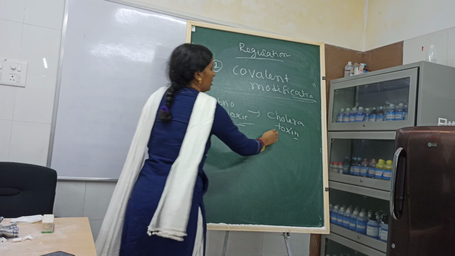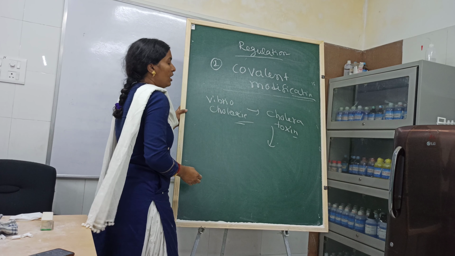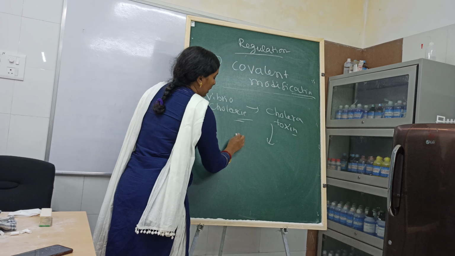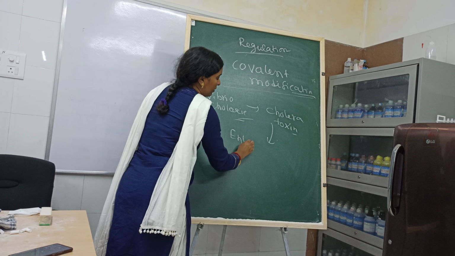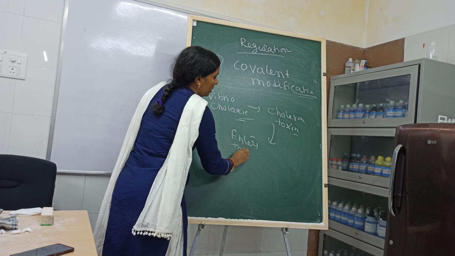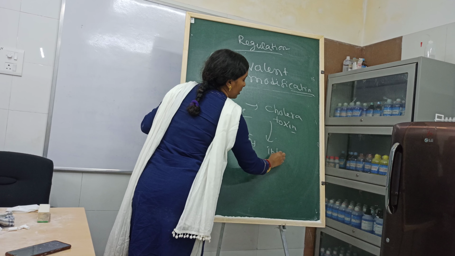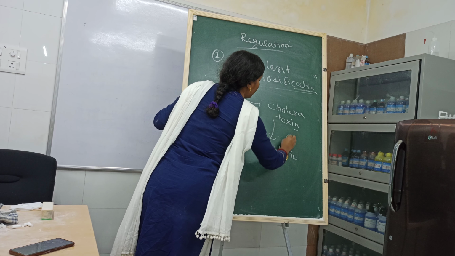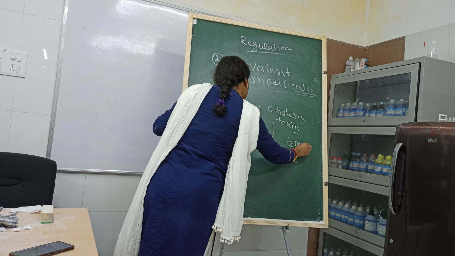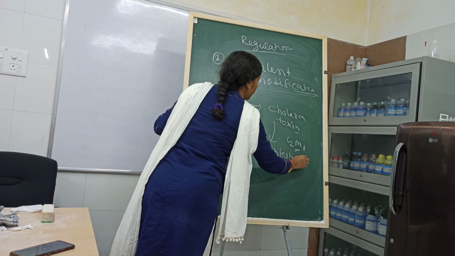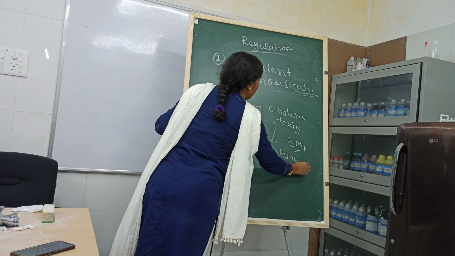This cholera toxin enters through the intestine. It usually binds with the GM1 ganglioside receptor of the small intestine. And what they do is,